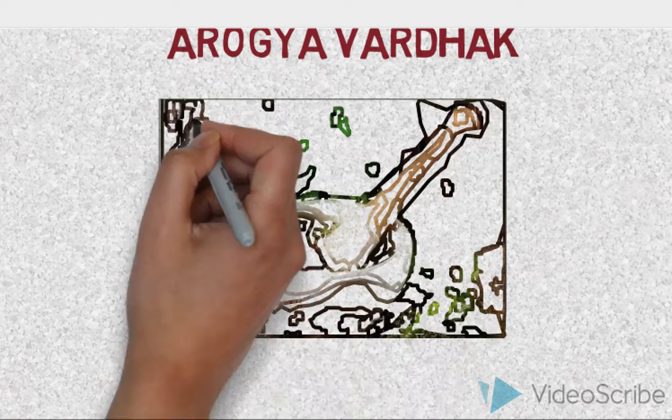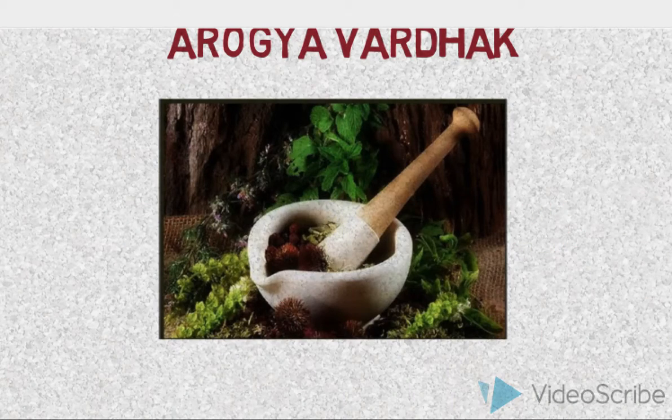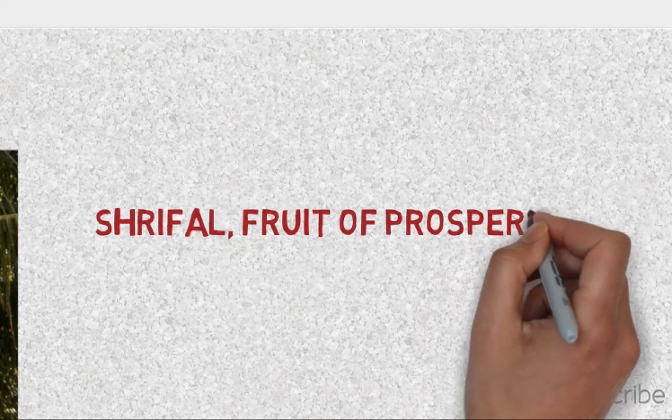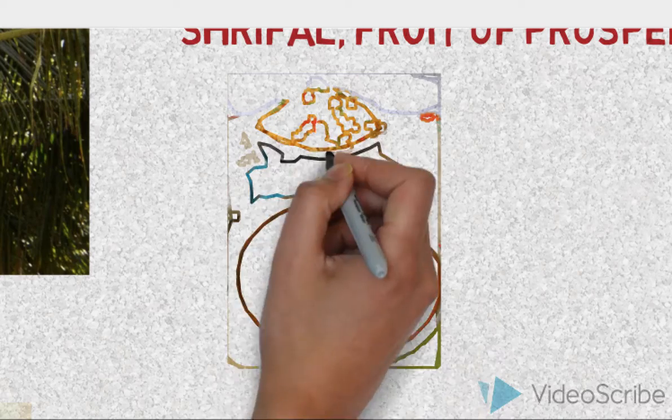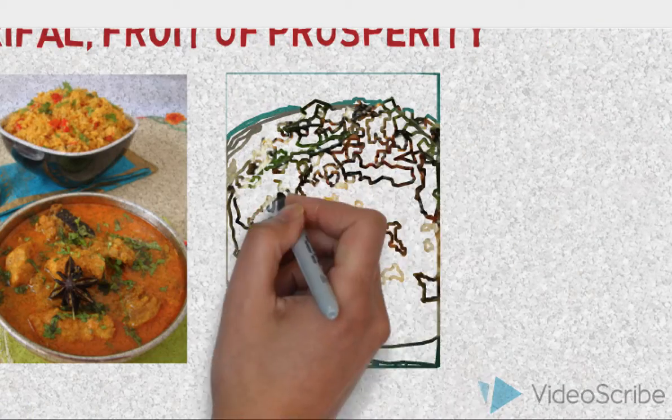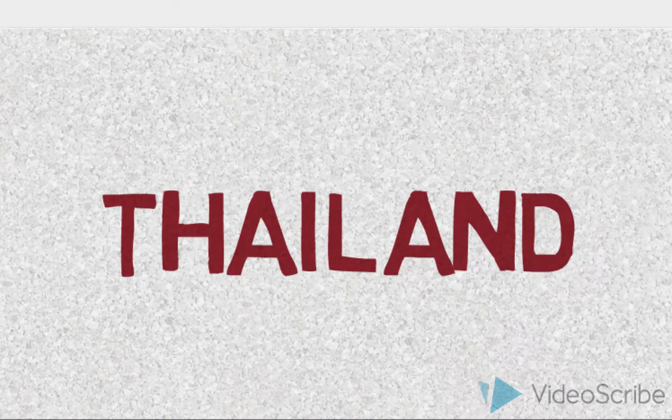As a fruit of prosperity, or Shrifal, coconut also provided affluence as a food product in India. The tree yielded fruit with refreshing water, but also kernels used in a variety of Indian curries, chutneys, and vegetable dishes. In Thailand, the coconut's emergence as a cultural icon can be traced through the commodity's origins in dishes and